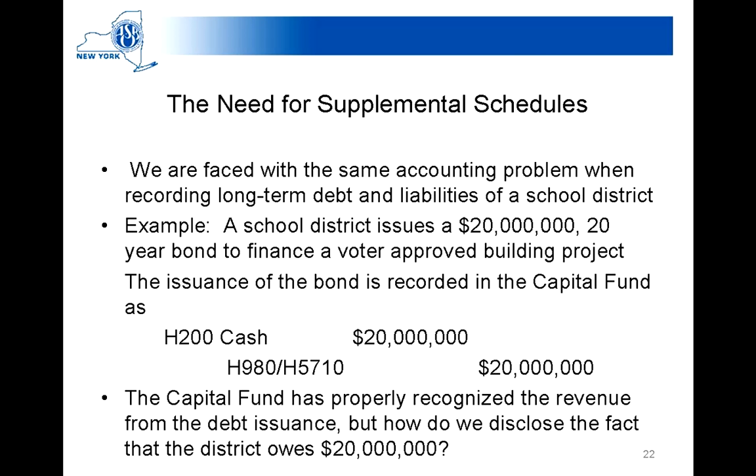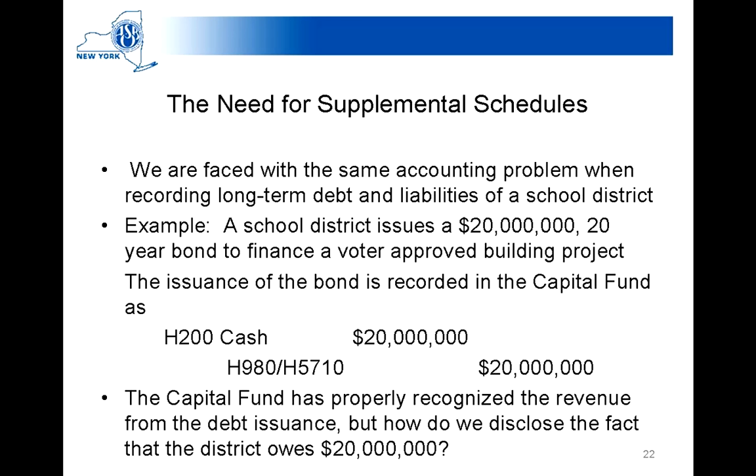We also do something with supplemental schedules for the long-term debt group and the liabilities of a district. The long-term debt group is a supplemental schedule. It shows, as you would suspect, one particular schedule for your outstanding serial bonds. If you have short-term bonds, there's a place on a supplemental schedule to outline those bonds so investors and taxpayers